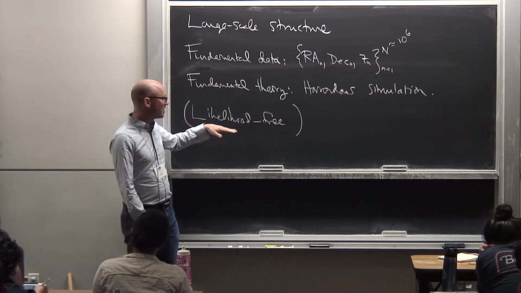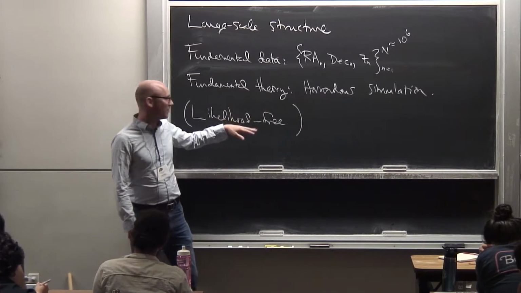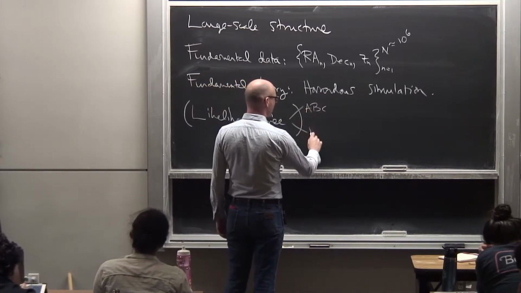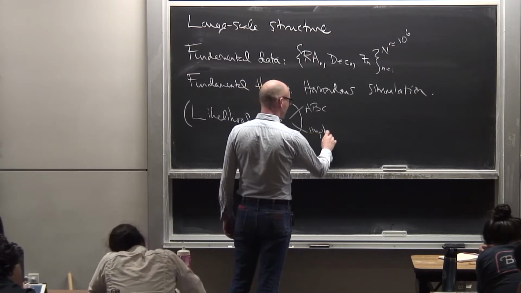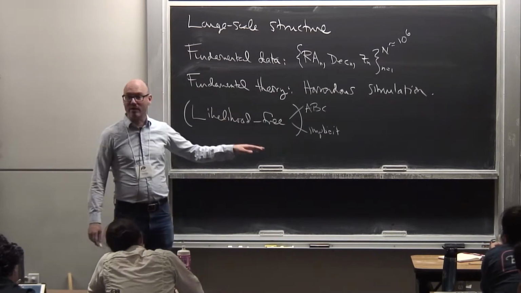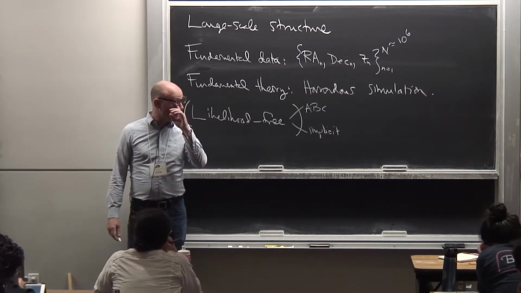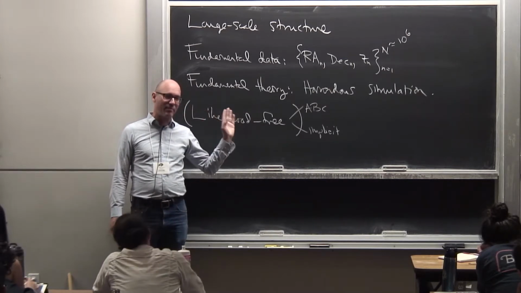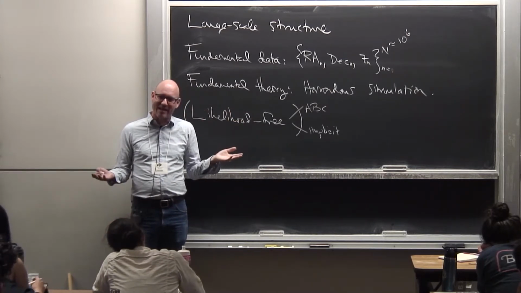And this set of methods comes by different names. It's also sometimes called ABC, and I think it's also sometimes called implicit. This set of methods is very exciting, right? There's been a lot of work on this recently, and part of the reason is almost all of science is in this state.